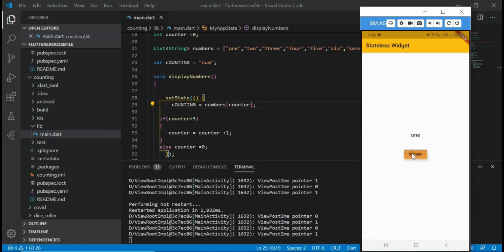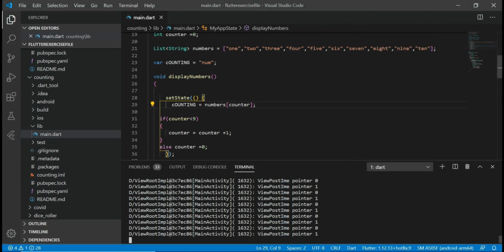Now our app is working perfectly fine. setState is a method which notifies the framework that the internal state of this counting has changed. Whenever you change the internal state of anything, you need to call this setState. And whenever we tap on this raised button, this build method recreates itself every time and shows changes on the screen. This is the build method that I am talking about.